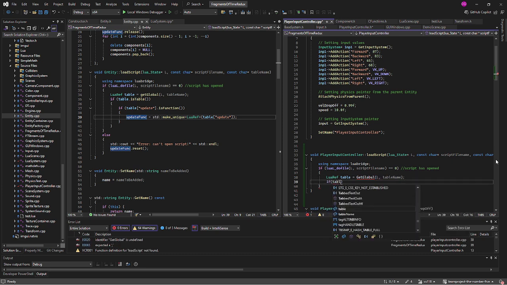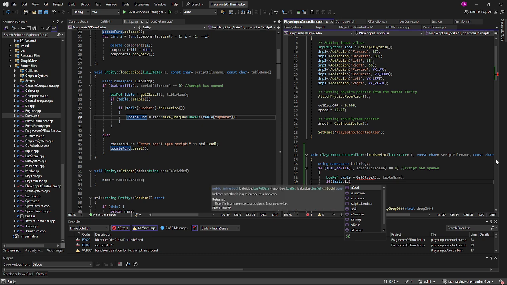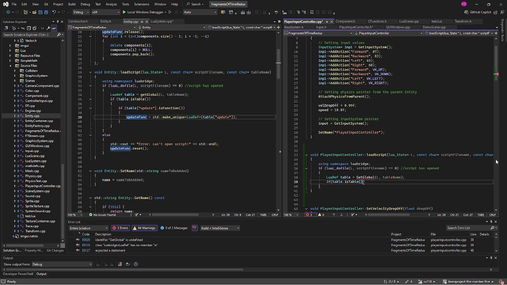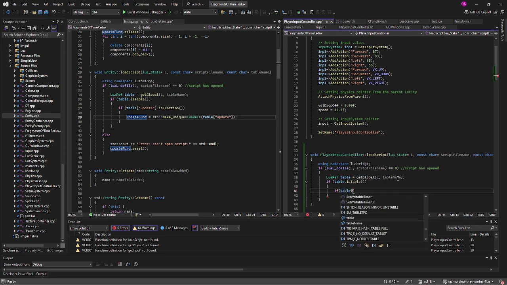And if the table is a table, did I spell that wrong? Why is it not? Why is that a problem? Oh, this is lowercase. Cool. So if that is a table, then we do one more if table, we'll say update